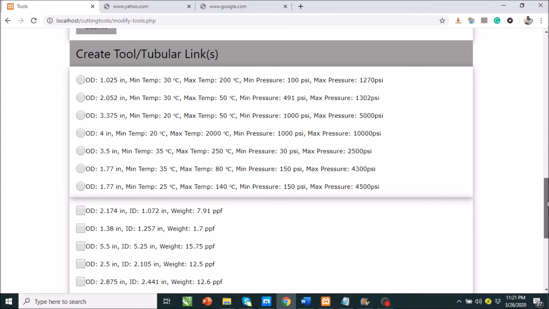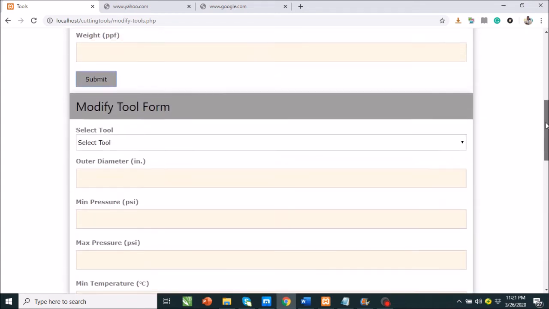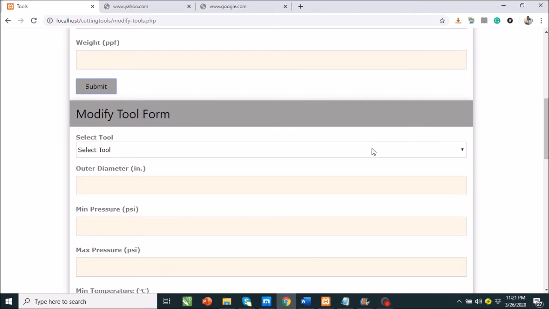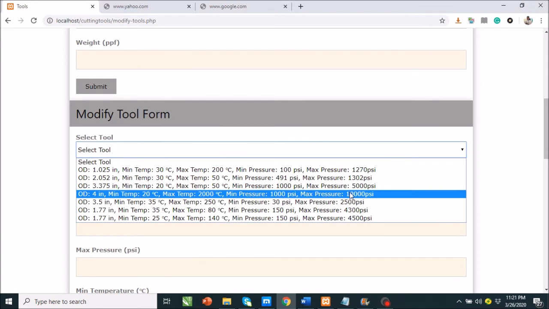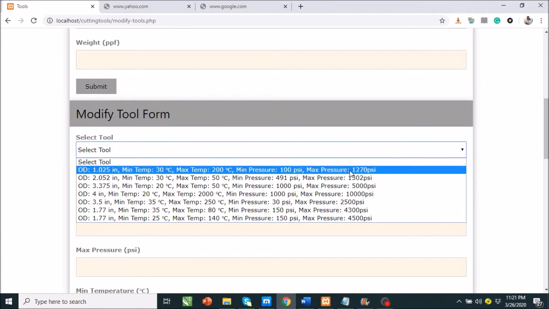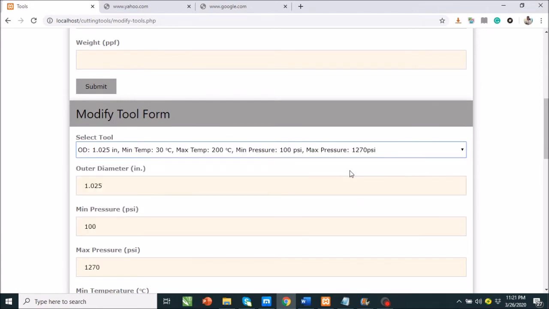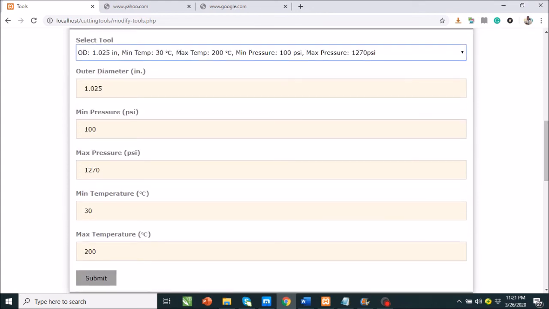Now let's also demonstrate for the tool form how we can modify it. Select a tool. I want to modify the very first data. Once I select it, it fills up the entire parameters. My outer diameter in inches, I want my outer diameter to be